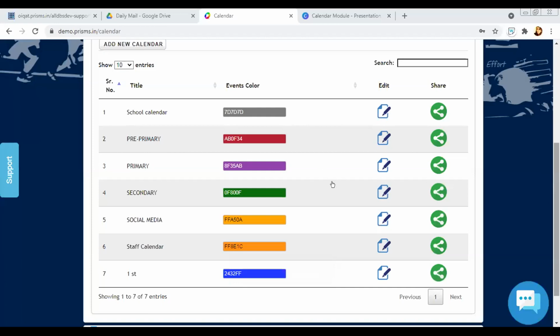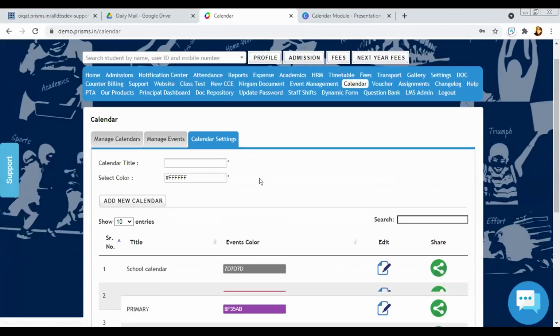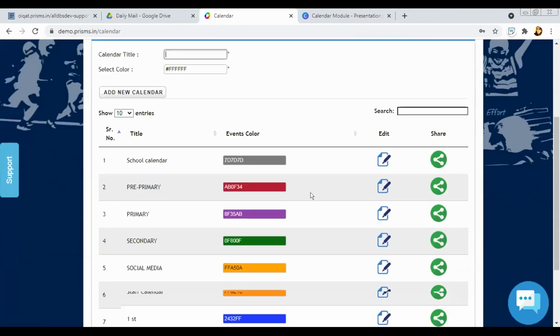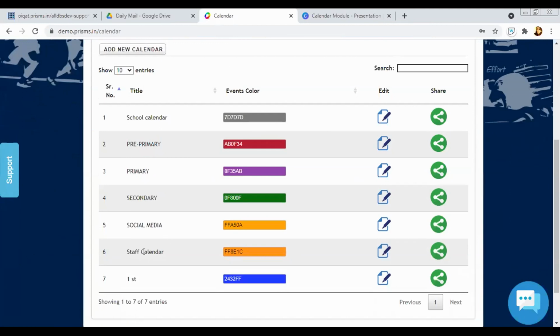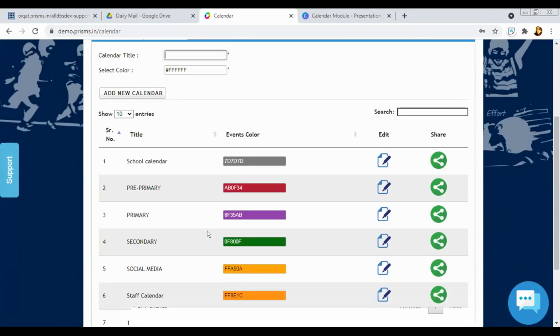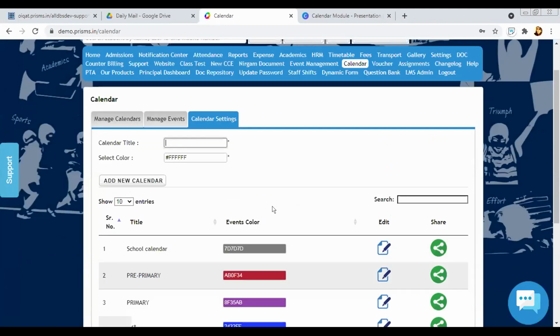So I'll just go step by step again. For calendar, how you actually do the setup. So first is calendar settings. Over here, you can define what type of different calendars you want to make. You can make section wise. You don't explain this, explain the process. Take a new calendar and start how it is going to be. Suppose you want to create a calendar for second standard, so start for that process. Okay, so let's say I want to create a calendar for second standard.